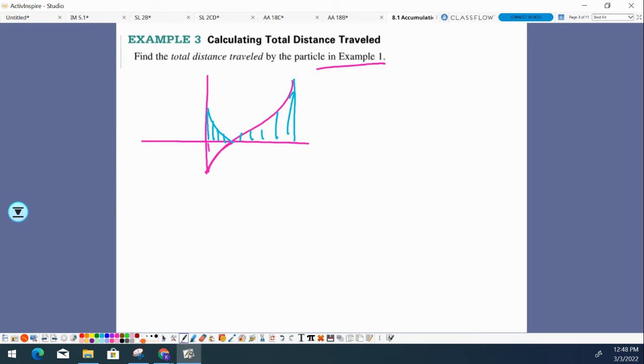Notice 0 to 5 this way, there would be some positive, but this area here would counteract some of the positives. Where this is all positive, this would be negative. So what's really nice is with the calculator, we can reflect it above by taking the absolute value. So we're going to calculate distance traveled by taking the absolute value of the velocity from 0 to